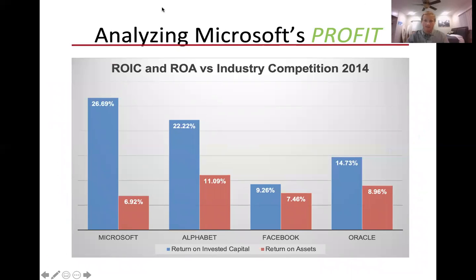All right, thanks, Hannah. So we're going to go ahead and start by analyzing Microsoft profit ratios. You see in the blue, we have return on invested capital. You can see that this is higher than many of their industry competitors. This means that they're achieving greater profitability by being more efficient than their competitors. Return on assets is in red. You can see that is average or even a little less than industry competitors. This isn't something to be worried about. It doesn't affect our outlook on the company.